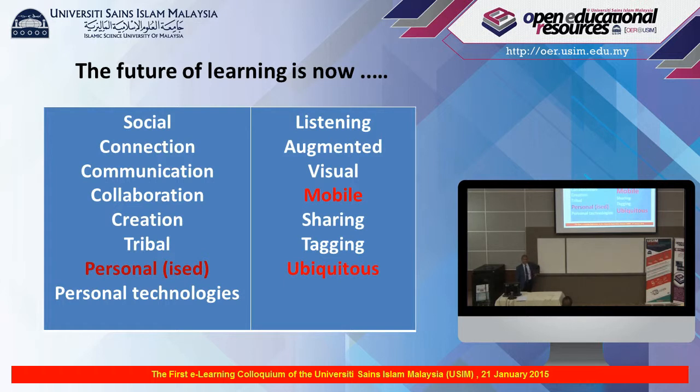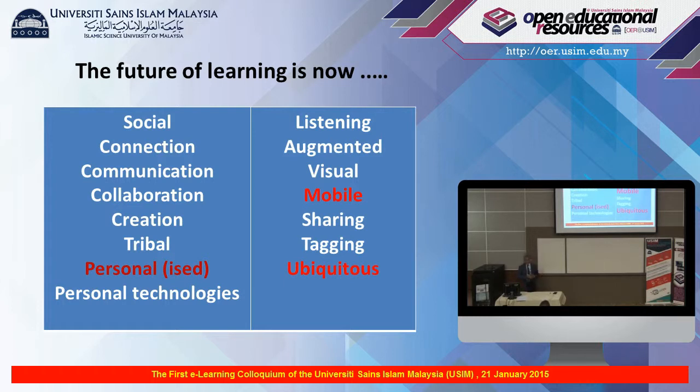Personalized because the learning tool is in their pocket. You don't have to go to a lab, you don't have to go to a cyber cafe, you don't have to borrow. It's just like what is in your pocket now. Same, both are tools. And mobile, anywhere, going back to the village, going overseas, the toilet, whatever. Some people take their handphone to the toilet. I don't know why. Maybe to send private messages. And then ubiquitous means anytime, anywhere.